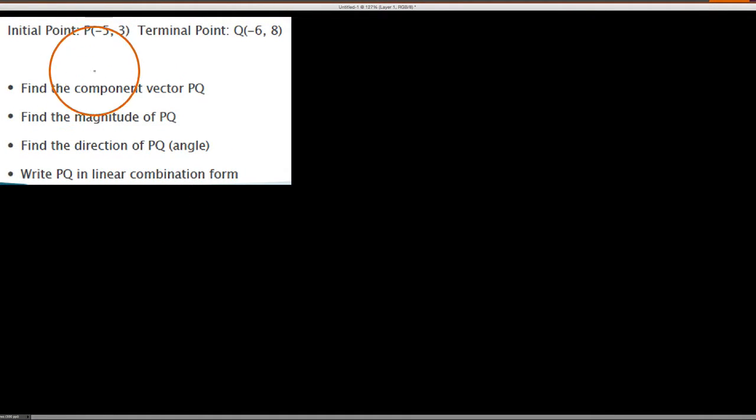Okay, YouTube, in this video is kind of a quick rundown on how we can take some information about the initial and terminal point of a vector and do these things with it, which is, first of all, write it in component form, and then find its magnitude, direction, and then write it in linear combination form. So basically, it's kind of a rundown on the basic skills with vectors, and so we're going to start with